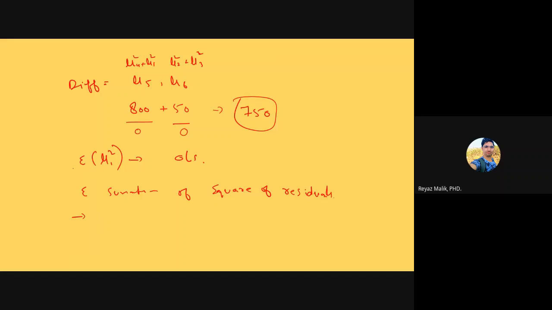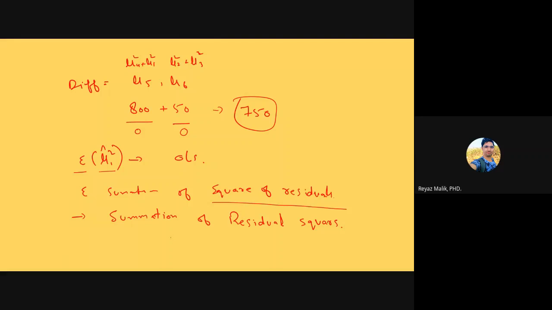It is the summation of residual square. It is square of residuals. I have written here square of residuals, or you can write it like this. I will write it more neatly. Summation of residual squares. Okay, that is the estimated one. Okay, this is all estimated. Remember,